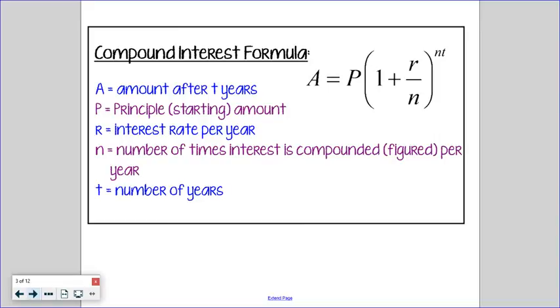R is your interest rate. On your interest rate, you will almost always be given an interest rate as a percent. You will always need to convert that to a decimal. For example, if they told us that our interest rate was 1.2% for the problem, we would use an interest rate of